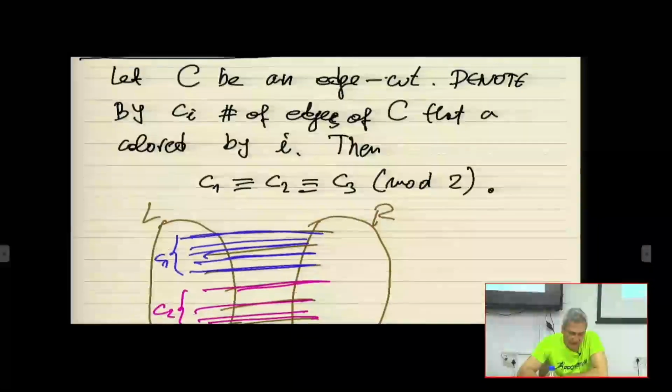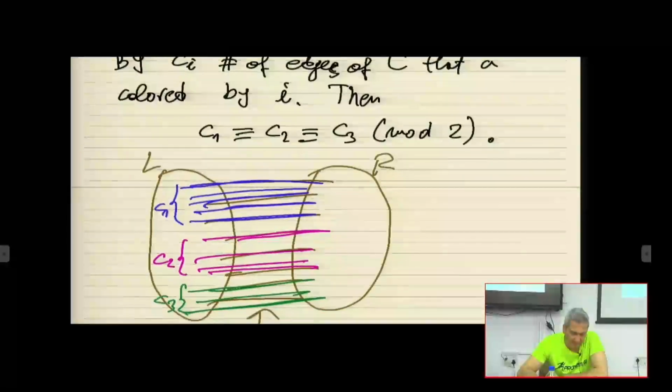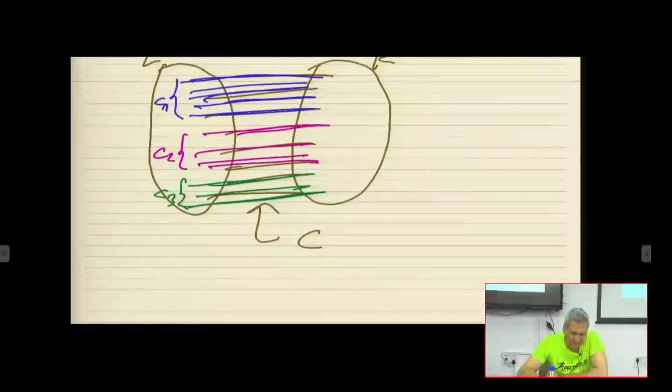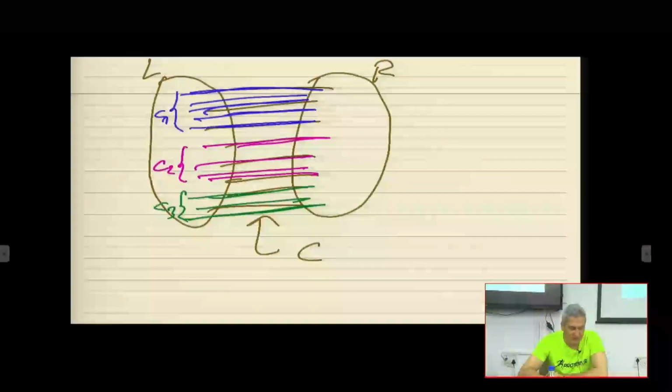Blanusha is a Croatian mathematician. This is color 1, the blue, and the pink is color 2, and the green is color 3, okay? So let's take the graph